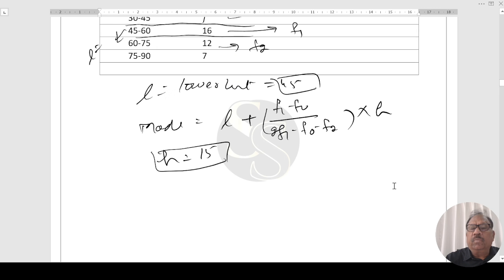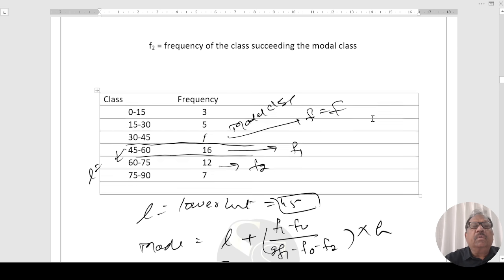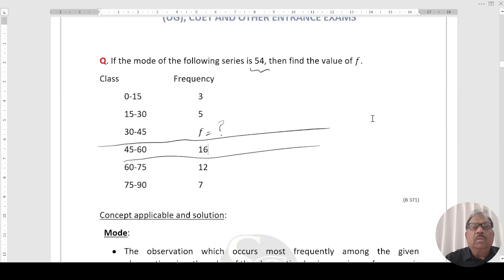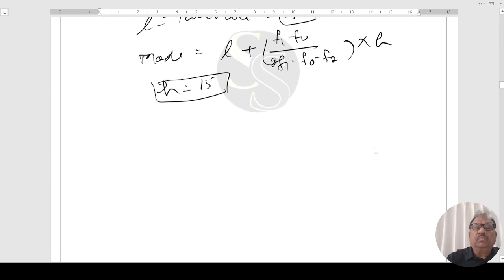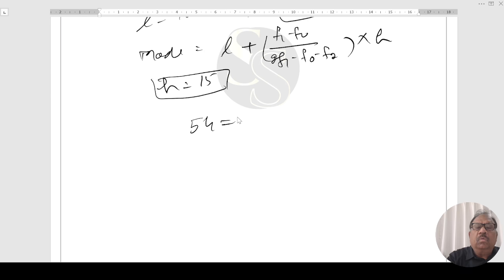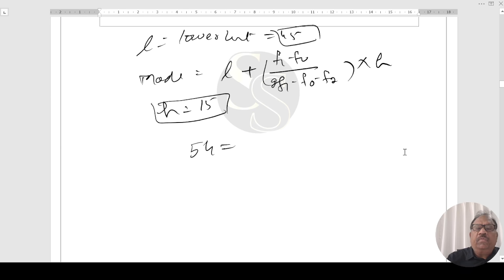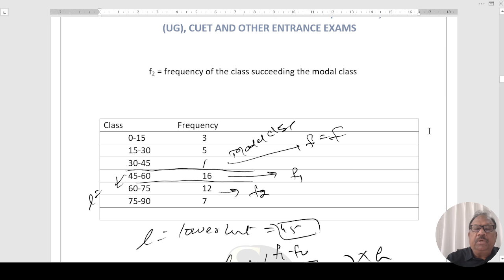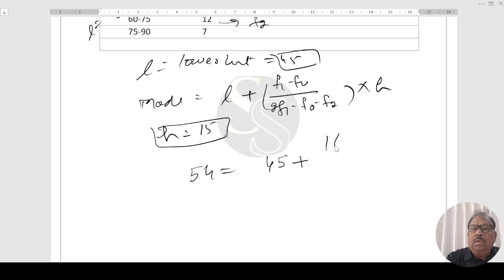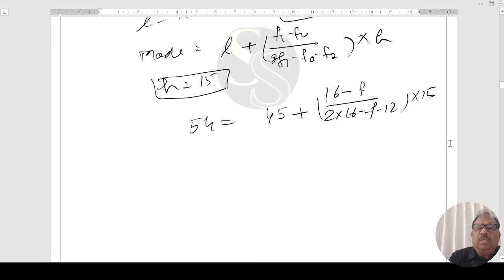Now substituting the values: 54 equal to lower limit 45, plus f1 is 16 minus f, upon twice into 16 minus f minus 12, into length of interval 15. On simplifying, this comes out to be